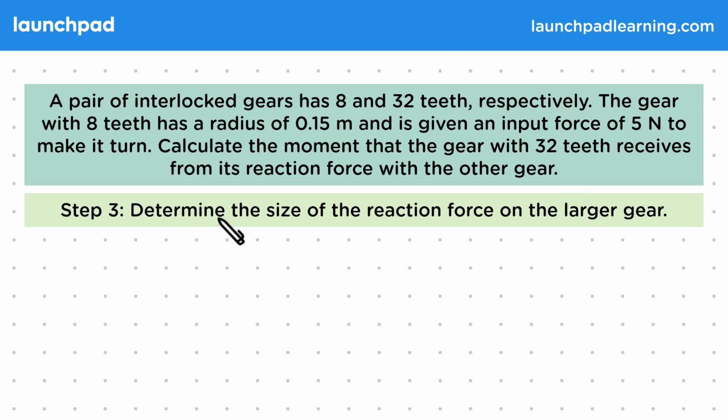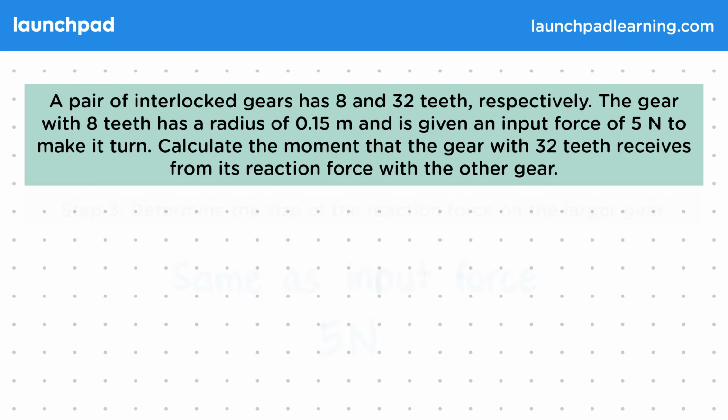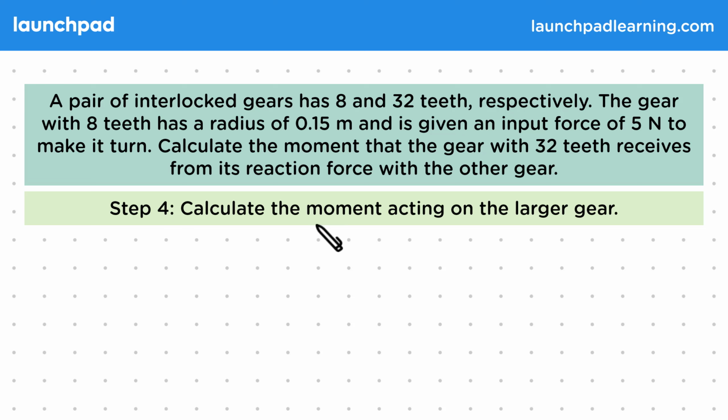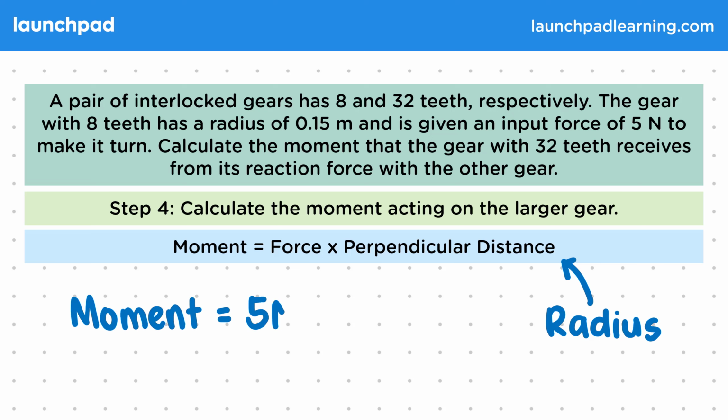For step 3, let's determine the size of the reaction force on the larger gear. Now the reaction force is the same as the input force, and that is 5 newtons. Then for step 4, let's calculate the moment acting on the larger gear. The moment is equal to the force times the perpendicular distance, which in this case is equal to the radius. So the moment is equal to 5 newtons multiplied by 0.6 metres, and that is 3 Newton metres. We also could have calculated the moment of the first gear and used the ratio of teeth to find this